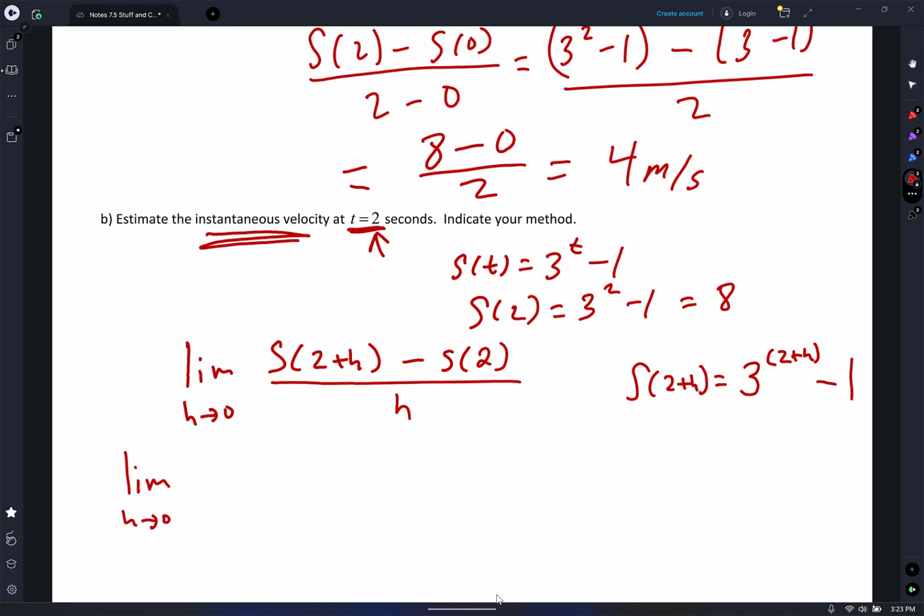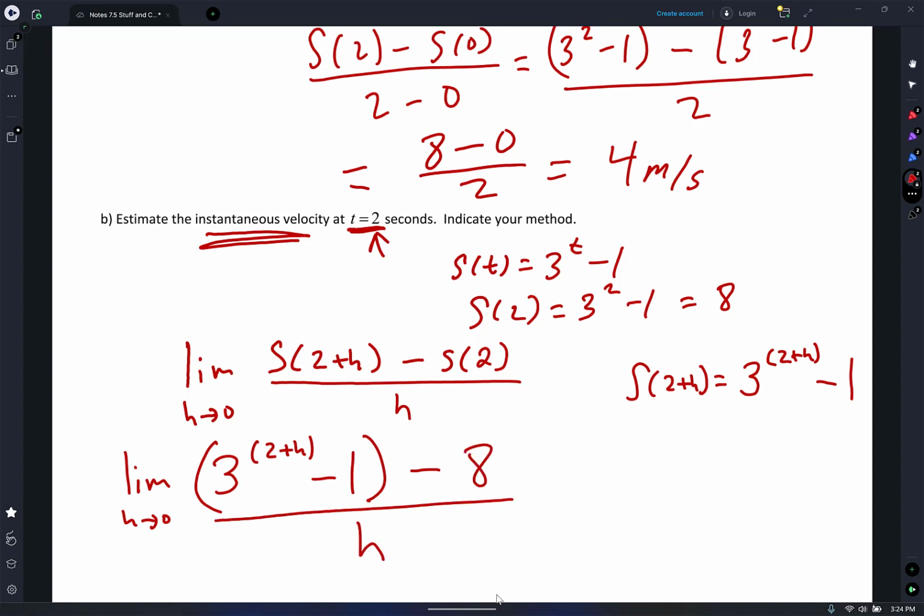Yes, where the parentheses is an exponent, right? Okay, so here it is. 3 parentheses 2 plus H, close it, minus 1. That is S of 2 plus H. Minus, what was S of 2? 8. All over H. This is different from the other questions you've done, because all the other questions you've done,